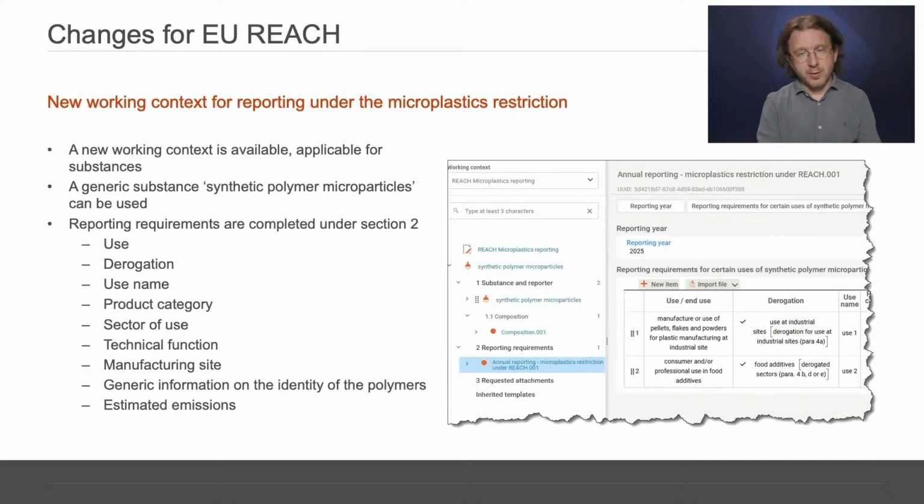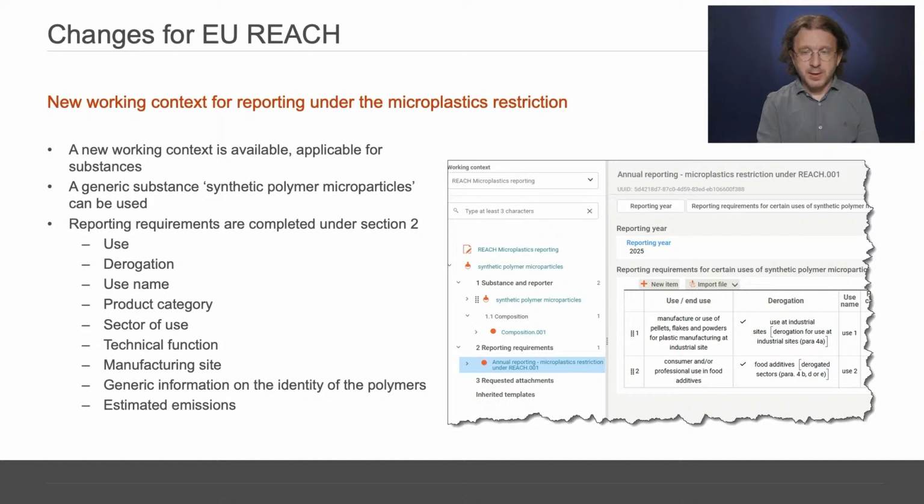Now, how does it look like in EUCLID? We have created a new working context available for substances. You can use a generic substance to prepare this type of reportings called synthetic polymer microparticles. And the reporting requirements are completed under section 2 and section 3 that is displayed together with this working